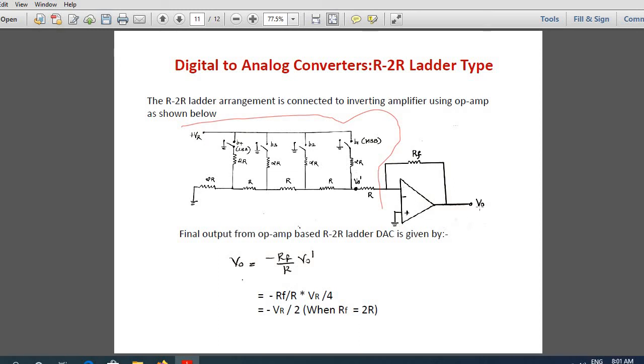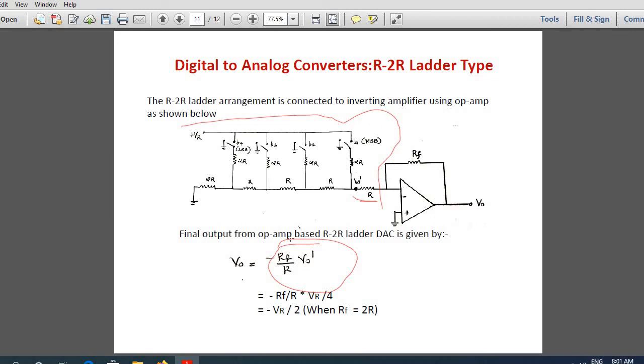So what you can do is calculate the voltage using this formula. It is actually a formula obtained from the analysis of an op-amp working as an inverting amplifier. The output voltage equation is minus RF by R into V naught dash. This R is acting as the input resistance of the inverting amplifier. This equation belongs to the op-amp category; you just have to study it. It is an equation coming from the analysis of the op-amp.